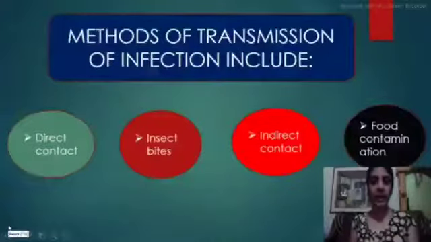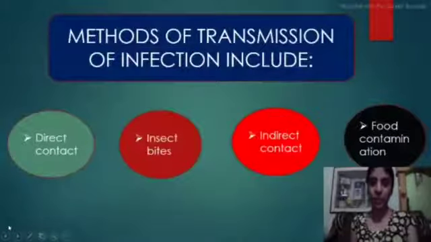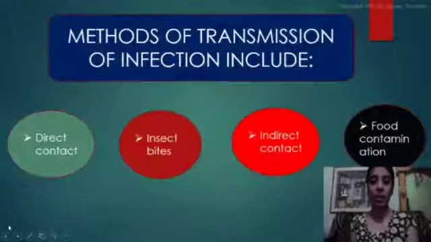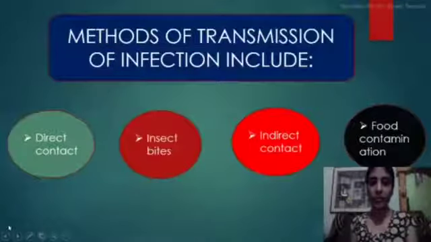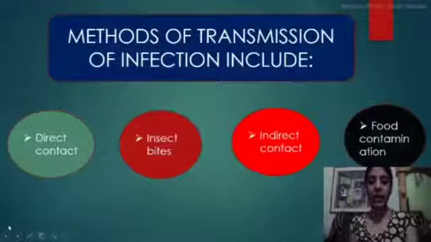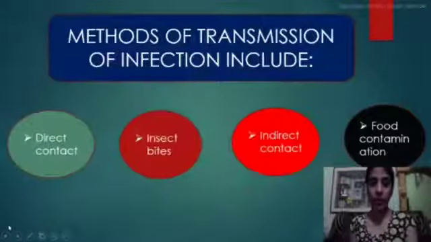Direct contact is like it could be spread from person to person, as if a person carrying any disease gets in touch with someone, as if he kisses, sneezes, or has any sexual contact, then eventually that disease could be transferred to another person. Indirect contact happens like if one person touches the particles of sneezing or coughing of another person. This way it could cause an infection to another person as they touch the surface and